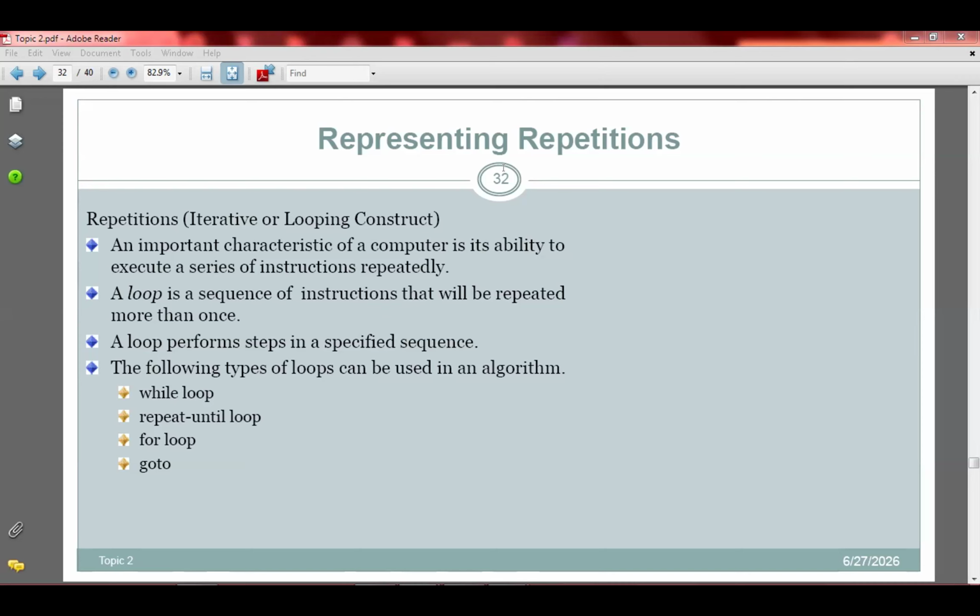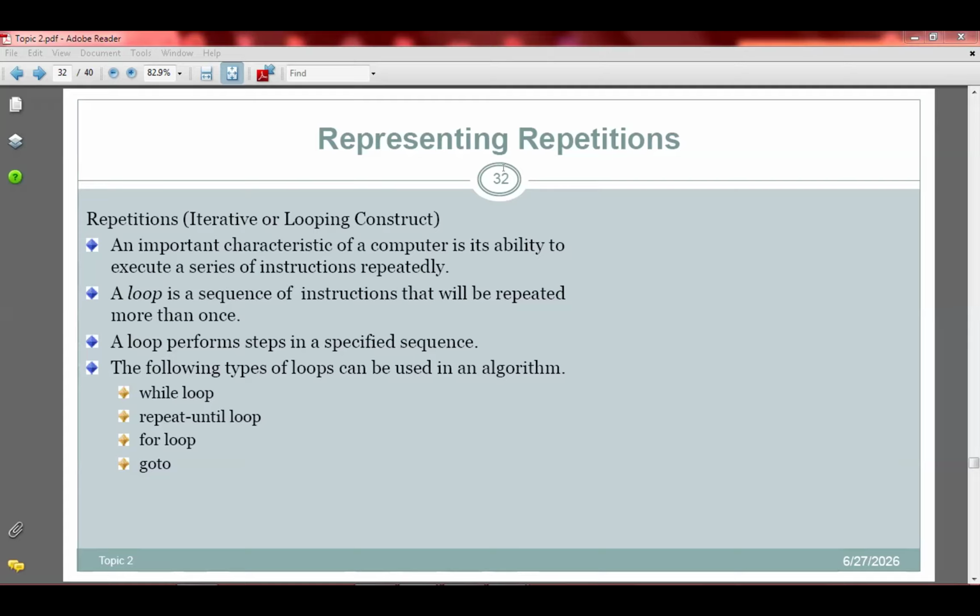And then what action are you repeating? The coming to class. You always come to class until the condition becomes false. And then how many times are you coming to class? For a semester, it's about 12 or what? 13 weeks. So at least you'll be repeating these sessions 13 times. So probably this is the third time, and then we have about 10 more times to go. So that is what you should have in your mind. If you are writing a set of instructions to repeat a program or part of a program, you should have the condition based on which you are repeating, the action you are repeating, and then you determine the number of times you need to repeat.